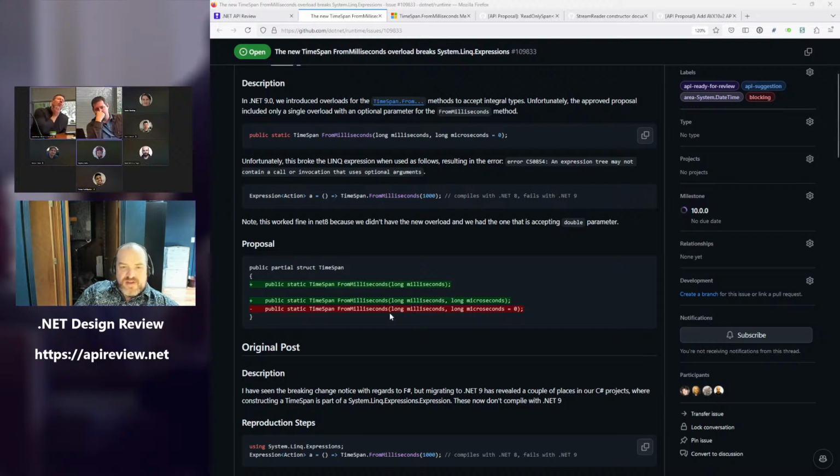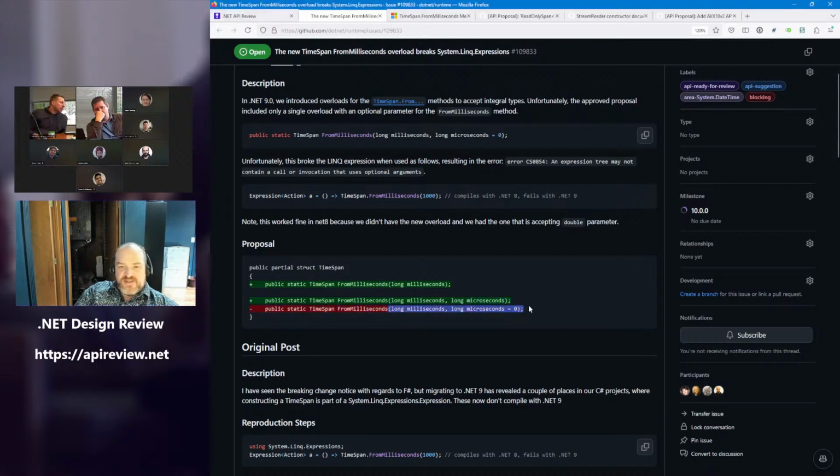Sorry, you're only right. They had the double one. And then when we added it to avoid the floating points, we added this one of let's do it in one and not add a bunch of overloads, because from days has days, hours, minutes, milliseconds, microseconds, and we don't need that many overloads of that one concept. Yeah, I guess my point is like before we just had the double, but if we had done the